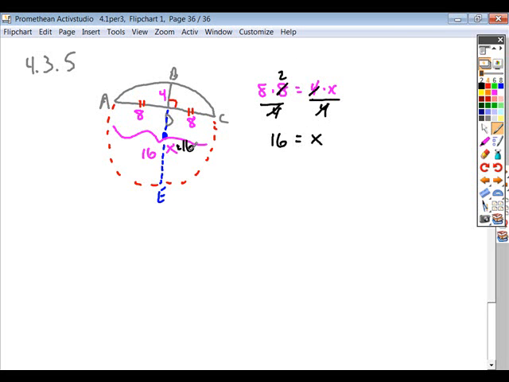And so what's the diameter of the whole circle? This 16 plus an additional 4. So your diameter winds up being